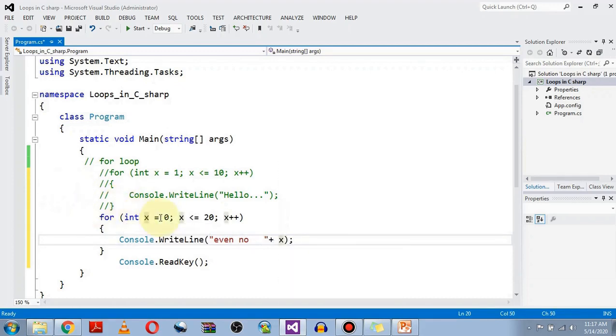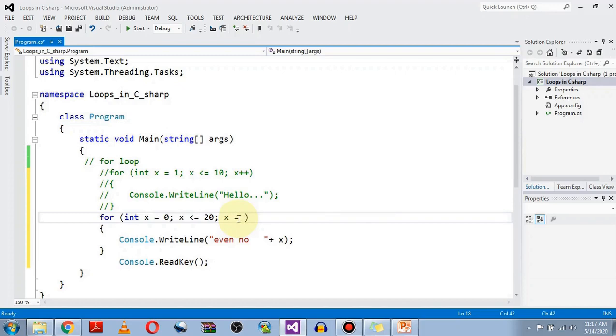So first x is initialized, then the condition is true, 0 is less than or equal to 20, the body will be executed. So this message will be printed plus the value 0. So 0 is an even number. Then incrementation will be done. This time we will not be incrementing by 1 because we need the even numbers.